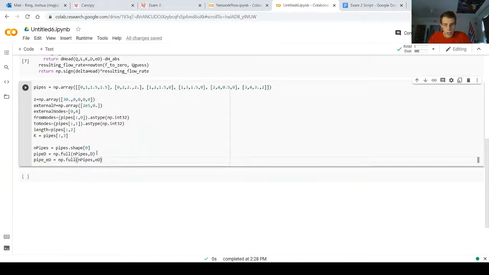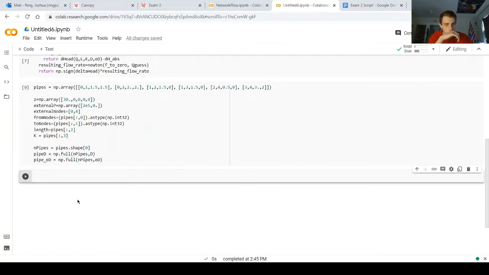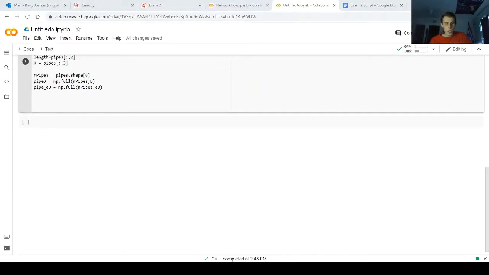Go ahead and Shift Enter on this. Okay, everything's still looking good, so now we can move on. Now that we have some code written out to calculate the number of pipes we need, the next